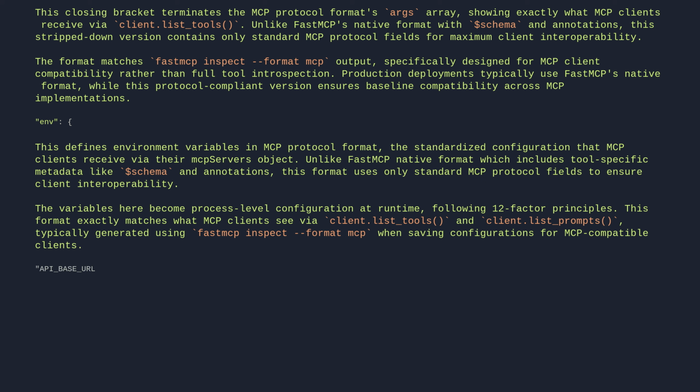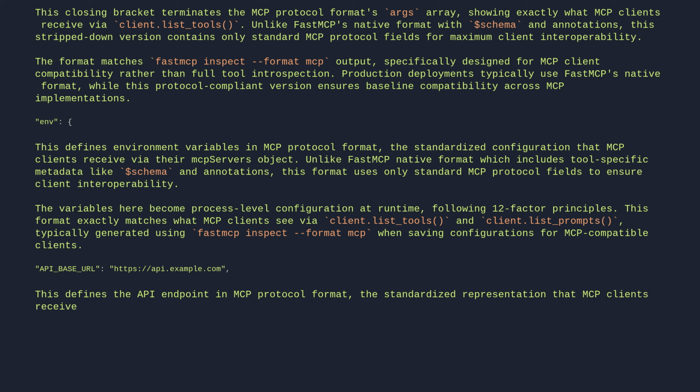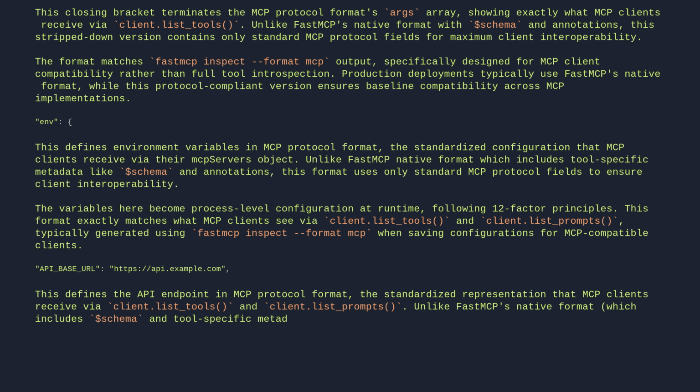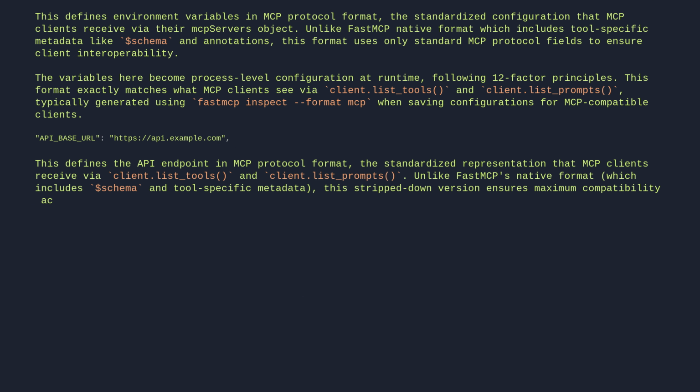API base URL. https://api.example.com. This defines the API endpoint in MCP protocol format, the standardized representation that MCP clients receive via clientless tools and clientless prompts. Unlike FastMCP's native format, which includes schema and tool-specific metadata, this stripped-down version ensures maximum compatibility across different